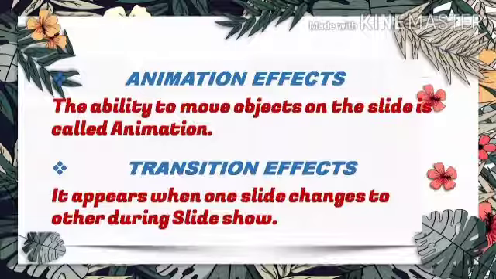Now in this chapter, we will see how we can apply various types of effects on our presentation. As we can see in the image, there are two types of effect: animation effects and transition effects. First we will discuss animation effects. The ability to move objects like text, graphics, charts, logos, tables, etc. on the slide is called animation. It is also used to control the sequence of the flow of information and helps in making information more impressive. So an animation effect is an effect you can give to an object.